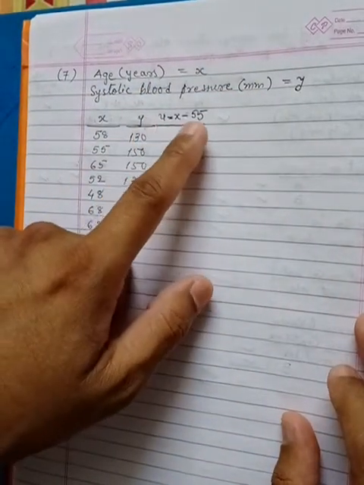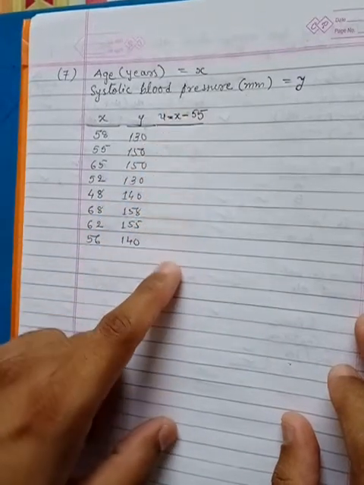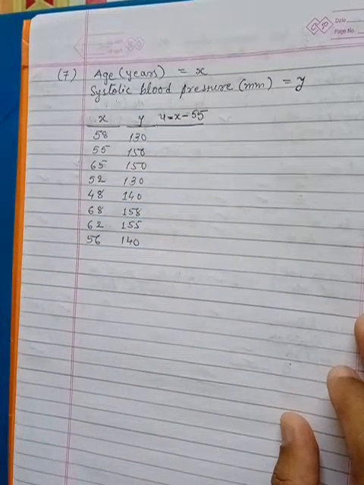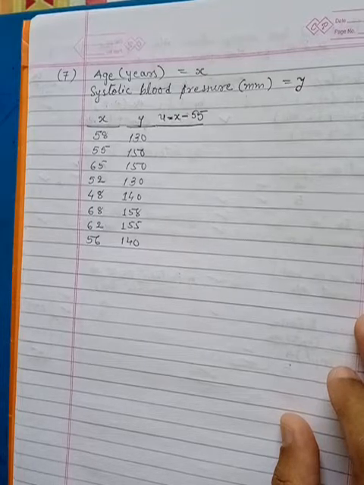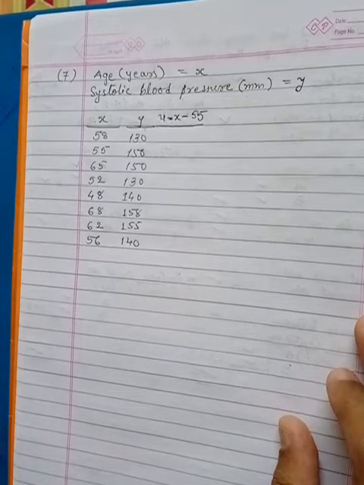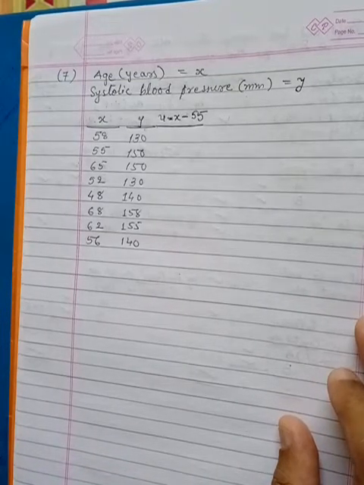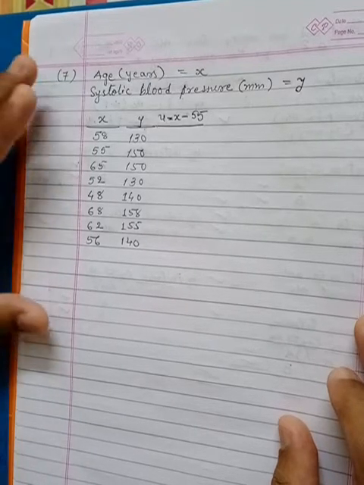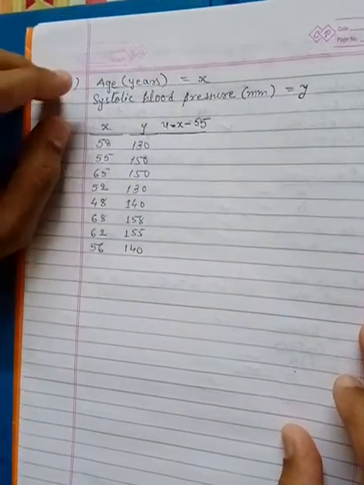If I have taken x minus 55, then I get my total of u, and if you have taken x minus any other value, then your total of the u column will be different, not equal. But at the end, the last answer you are going to get, the correlation coefficient, must be the same. That is what you have to keep in mind. So I am taking x minus 55 as the assumed mean.